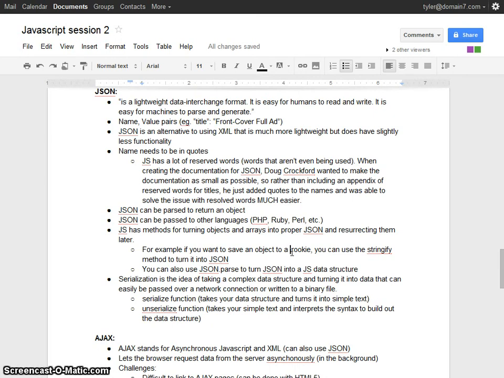And JSON.parse is an example of unserializing it, but it takes a string and it interprets it and uses a syntax inside that string to build out the data structure. So JSON overall is just another alternative to XML, but it is a very good alternative, especially in relation to using JavaScript.